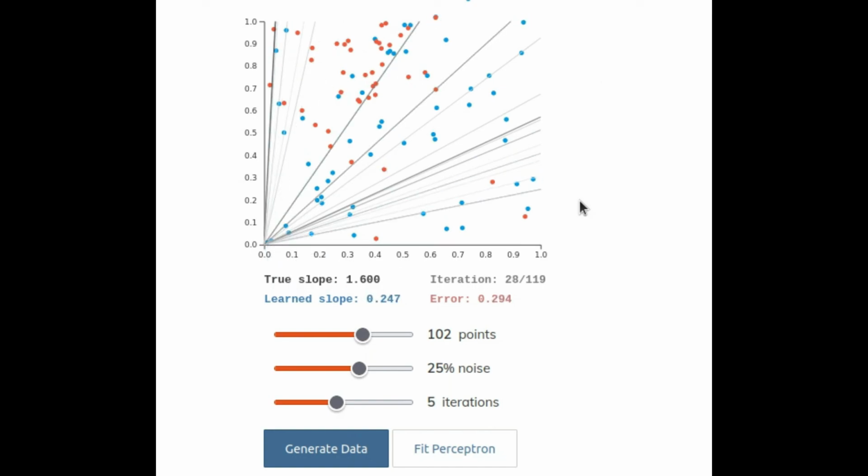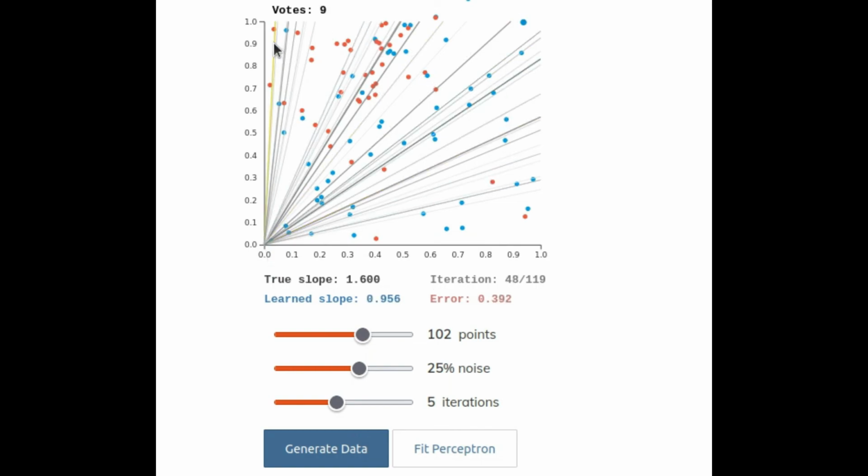All these hyperplanes, this one suppose has 5 votes, this one has 2 votes, this one has 6 votes. So all these are weighted by the votes. This one has 9 votes, this one has 5 votes. So this is how my voted perceptron will look.